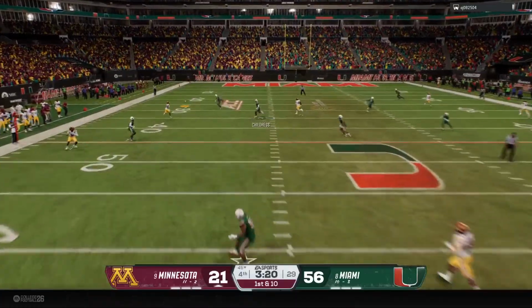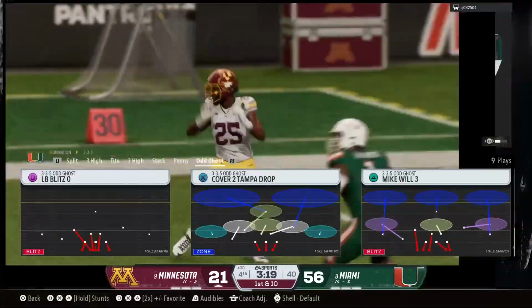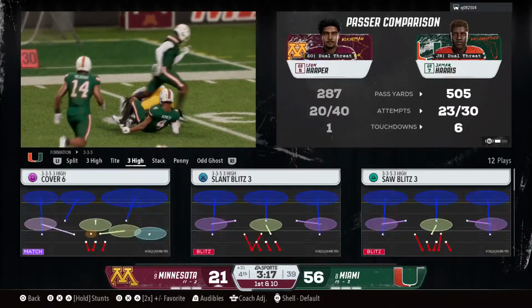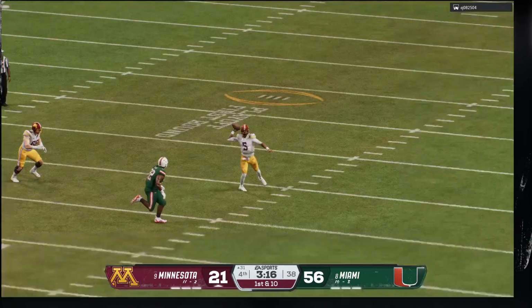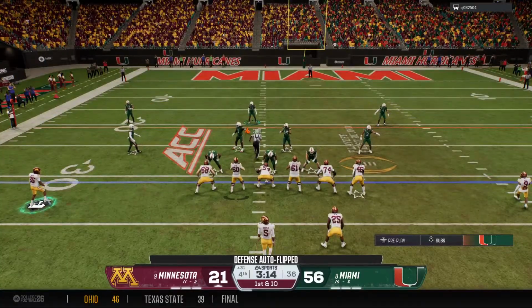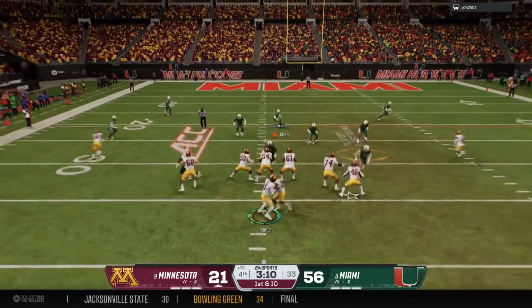Moves left out of the pocket. Throws it deep downfield to the left. Catch made all the way down inside the 35. Boy, Chris, great timing here with the quarterback against that zone defense, waiting just at the right time to deliver it into that window to pick up a nice gain.